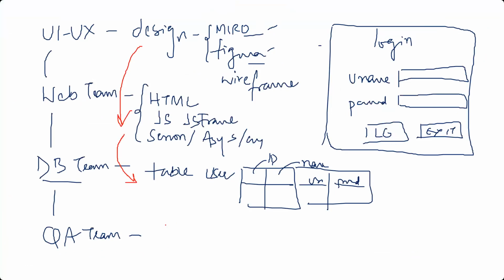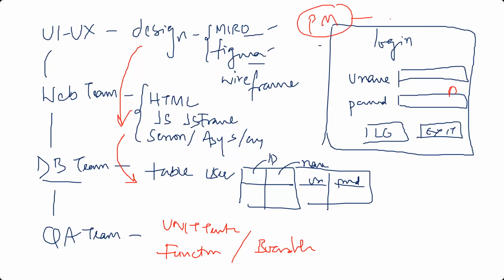So they create basic unit tests, they do functional testing, they do borderline testing. They'll check what the product manager who defined this feature has written. Is it asking to provide email as a user ID,